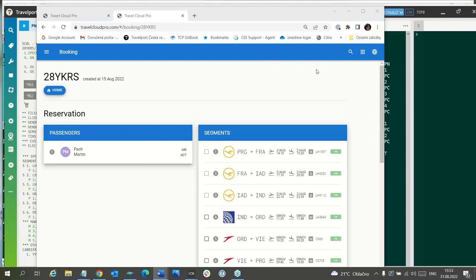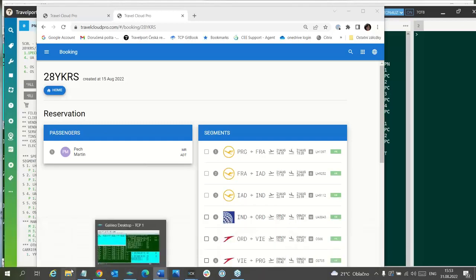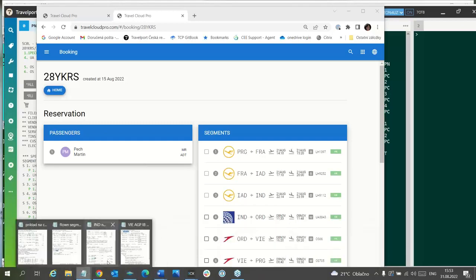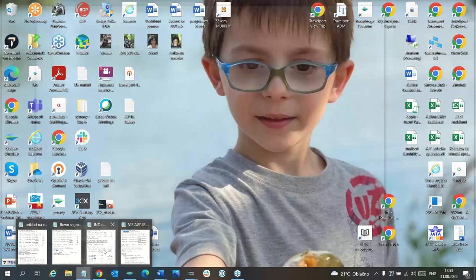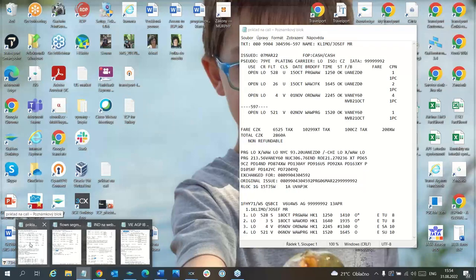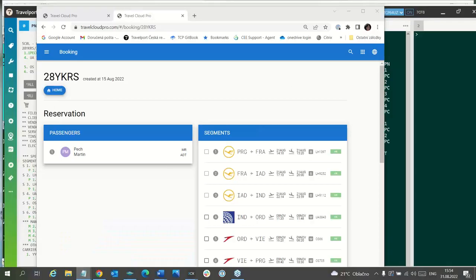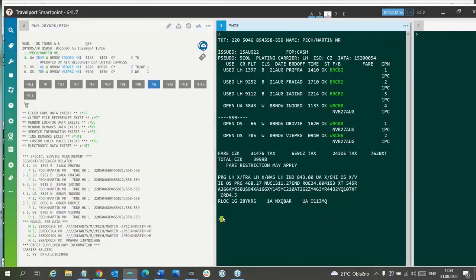No. It will be here. No, this one. So I would open one PNR and show you only something which is quite important in TCP, and also in GEM it was important.